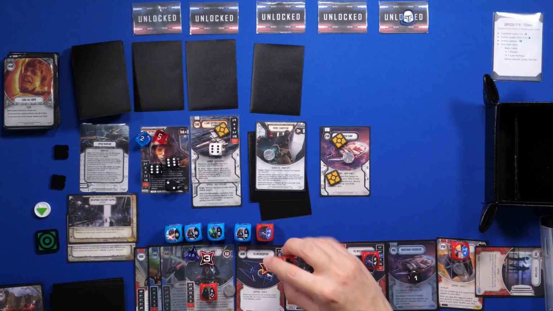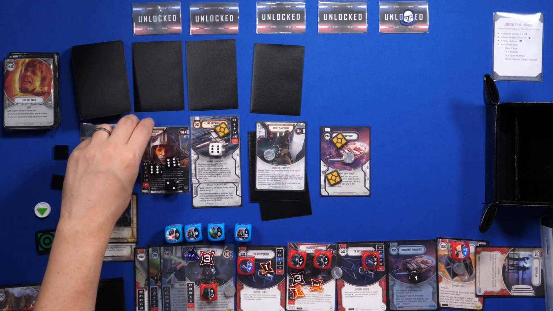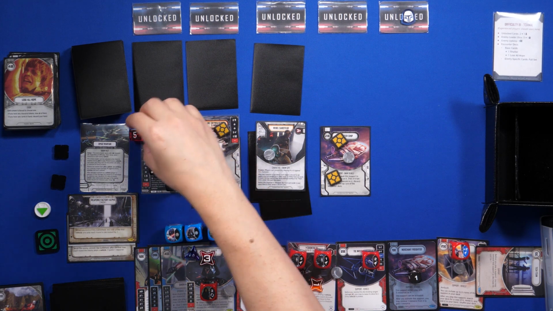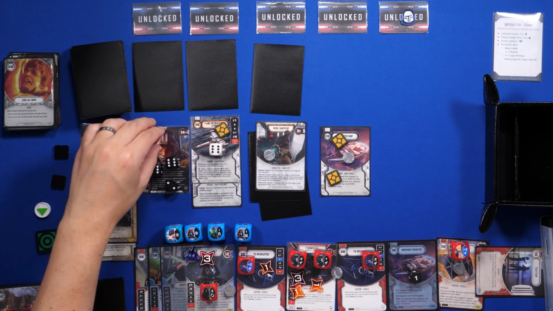I deal 11 to Luke, so subtracting his shields, I need to give him 9 basically, so that's 8 and the 1, so that's 9, so that's 14, which is enough to kill him. All right, and there you go, folks. That is a playthrough of Star Wars Destiny Encounters against the Squadrons Encounter set. All right,